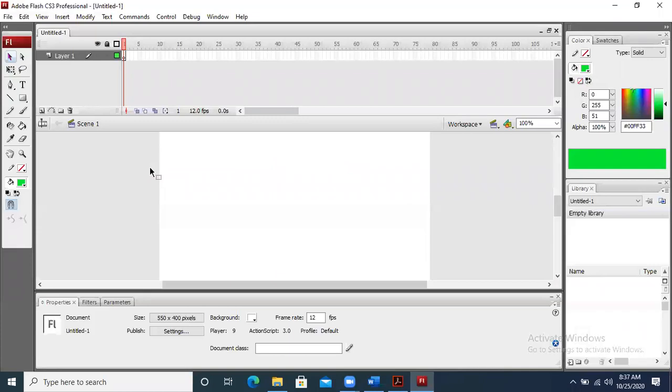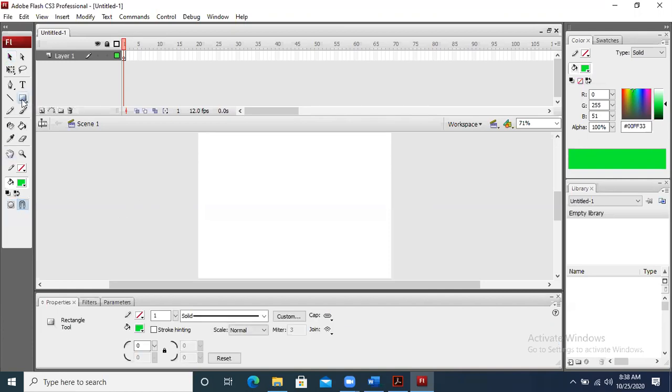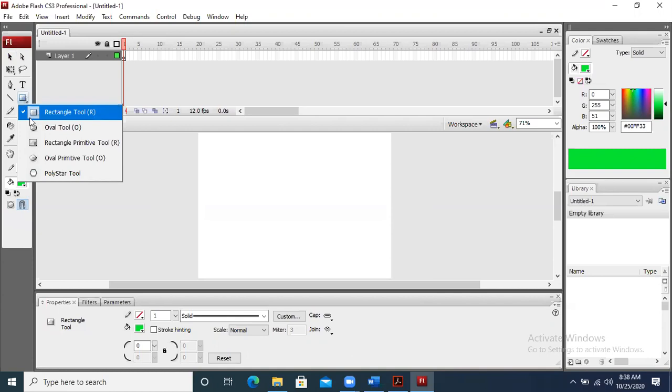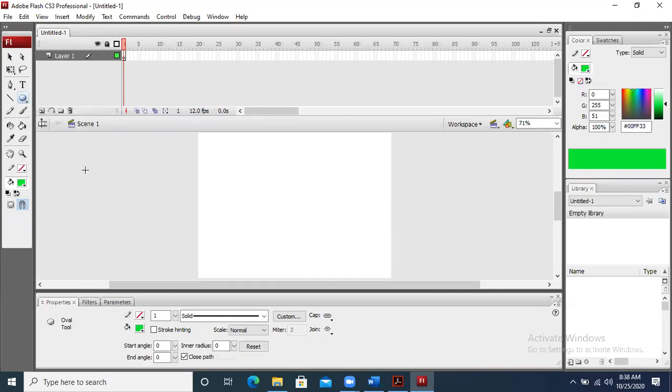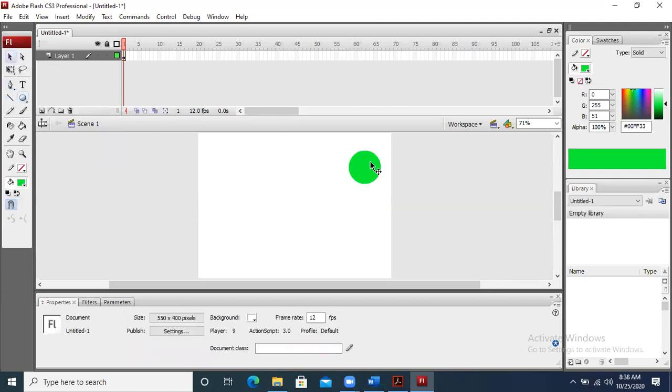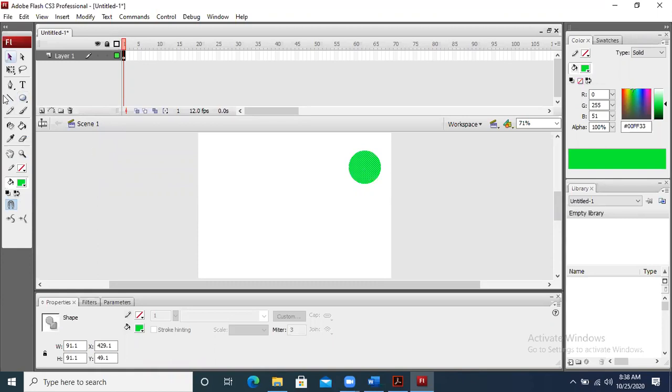If the complete stage is not visible to you, press Control 2, then the complete stage will be visible. Let me draw an object. I am drawing it without any stroke, without any line with it. So first I select it, I go to this.